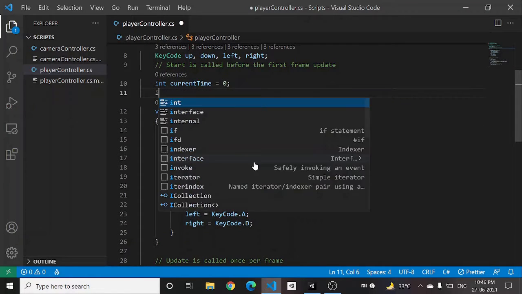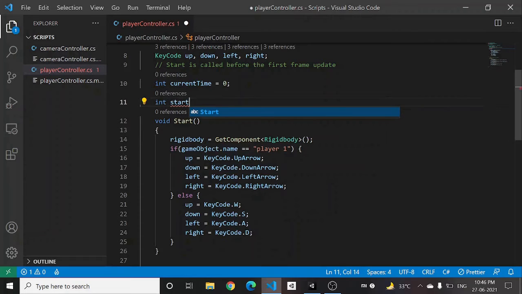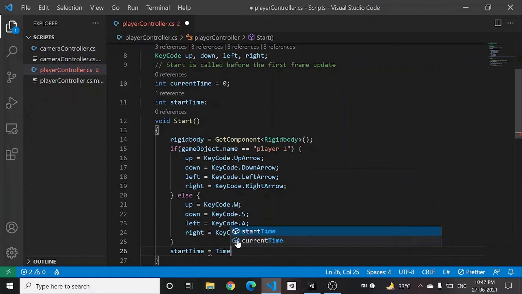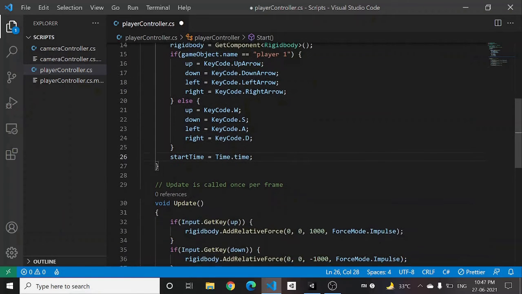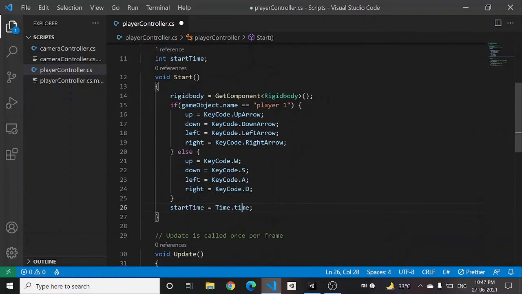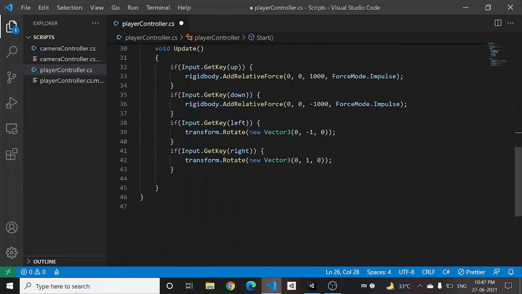In general, start time is always 0. So if you call the function Time.time, start time is always 0. Like when the scene starts, the time is always 0, but we might want to add some delay in the start, so that's not what we're going to rely on. We're going to use the start time. We're going to call this function at the start, and at any point current time would be